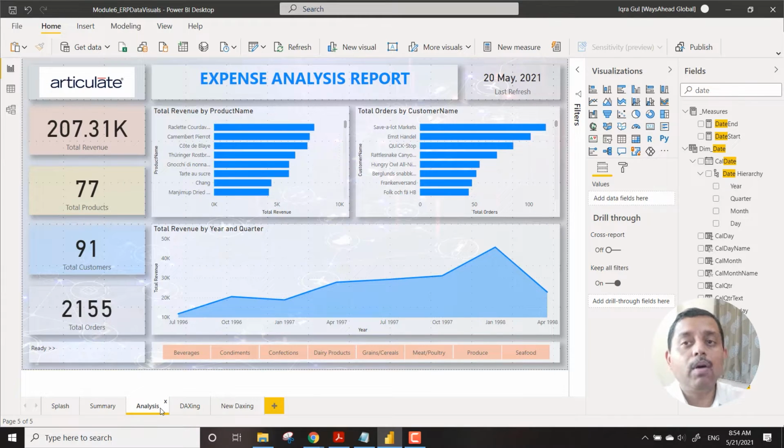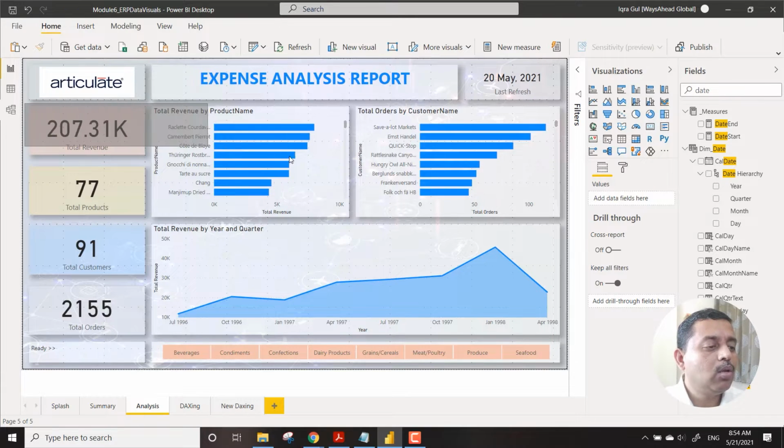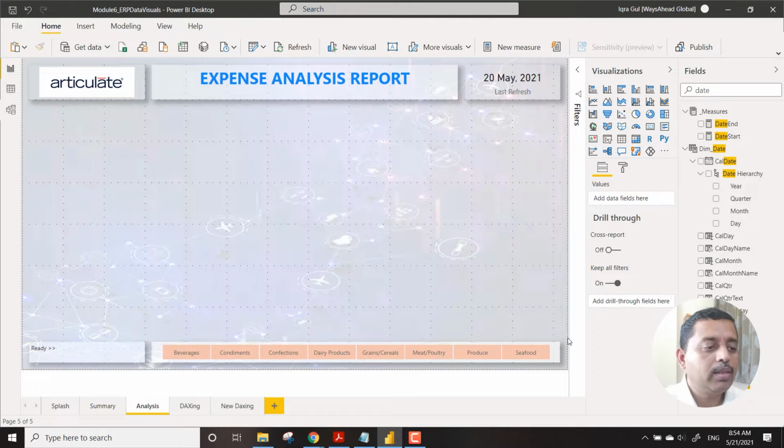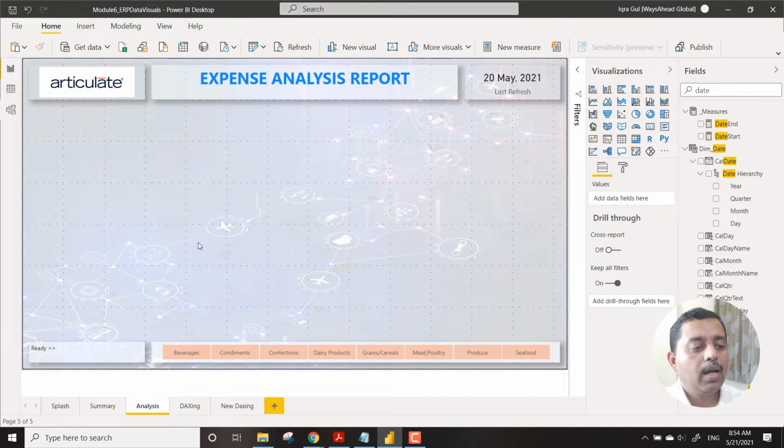We will see the power of custom visuals over here. So let's take an example. I don't require all these visuals, so I simply remove them, and the only thing that I required was this single middle section, wherein we will be targeting to put two different visuals.